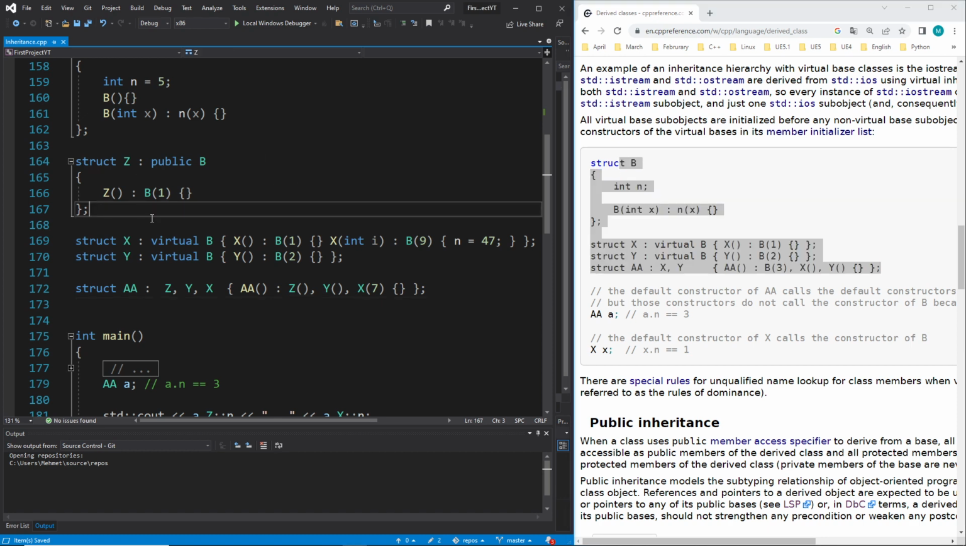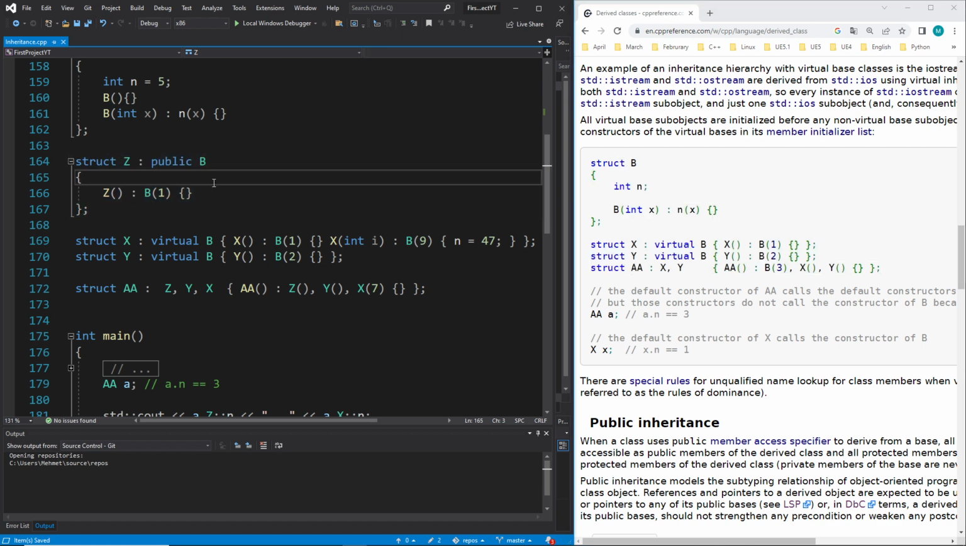my IDE, and here I added one more struct. So you can see I added this struct C, which is not virtual, because I want to show you that this virtual inheritance is initialized before this one, because that we learned in our video last time. And here on top it also says it is initialized before the non-virtual base sub-object, and I want to show you